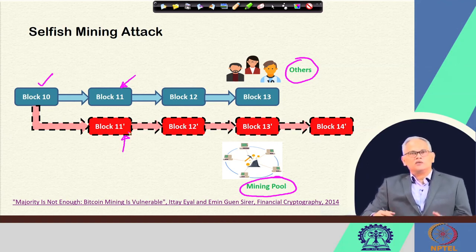Of course, you will wonder that if it is not made public, then the blocks that we are denoting as 11 prime, 12 prime and so on will not go as part of the main chain of this blockchain, and hence the block reward will not be paid to the people who are keeping it to themselves. If I did it or you did it and kept it to yourself, that definitely would not pay you anything, because it is not added to the main chain, and of course, you will not get the block reward.